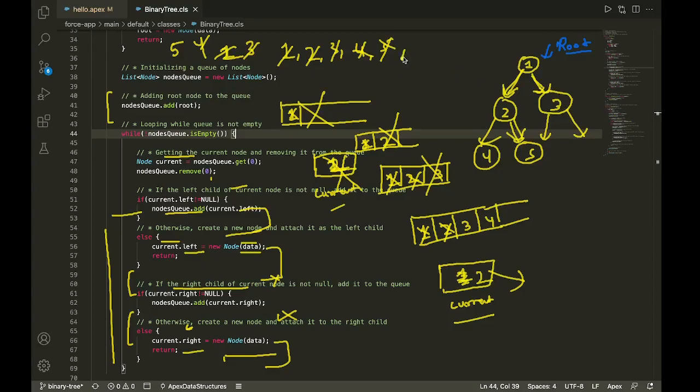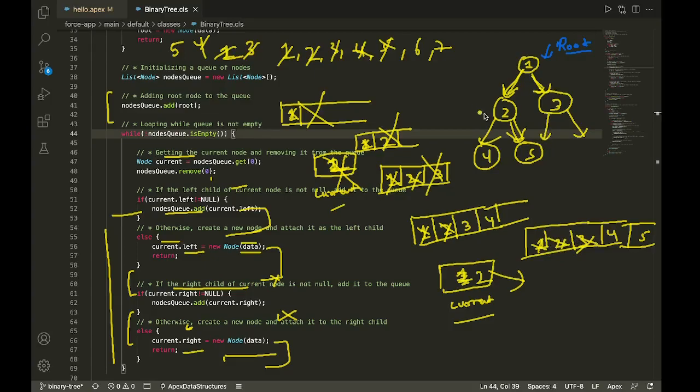So let's say I have some more nodes. Let's say I have node number 6, node number 7. So again a queue will be formed, right? It will have some values as 1, 2, 3, and then I'll have a value as 4. So this will be popped. I'll have a value as 4, and I'll have a value as 5 as well, because 2 has 2 children, 4 and 5, right? Then 2 will be popped, and then 3 will be popped.